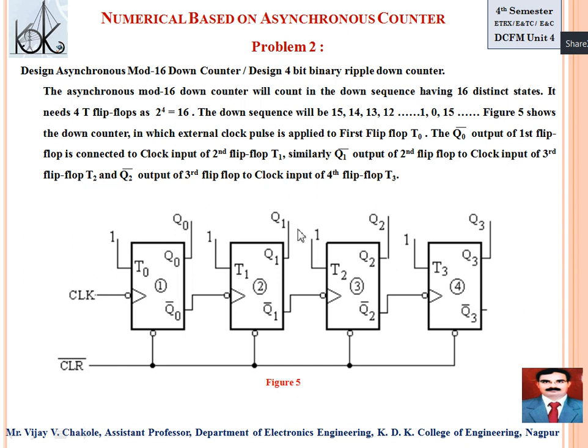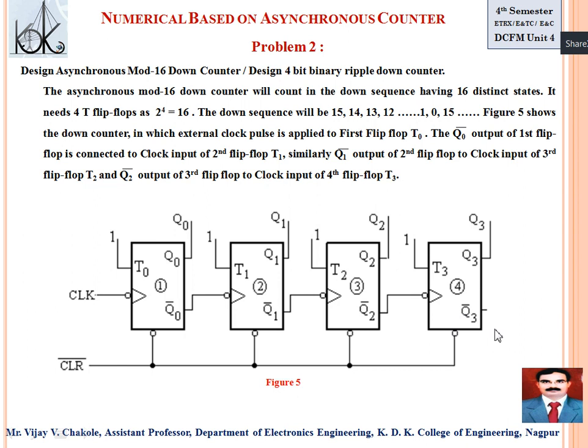This toggles from 0 to 1, this toggles from 1 to 0. On the 1 to 0 negative edge here, T equals 1, so this toggles from 0 to 1. This toggles from 0 to 1, and this becomes 1 to 0. On the 1 to 0 negative edge, which is the requirement here, T equals 1, so this toggles from 0 to 1, right? And here toggling takes place from 1 to 0.